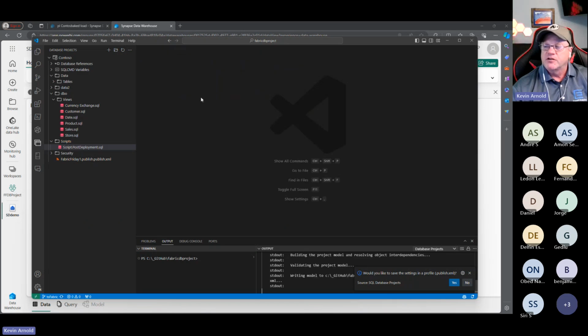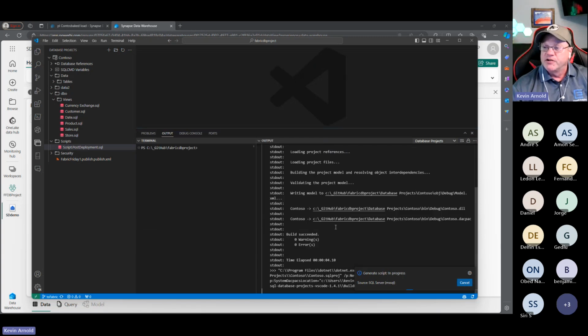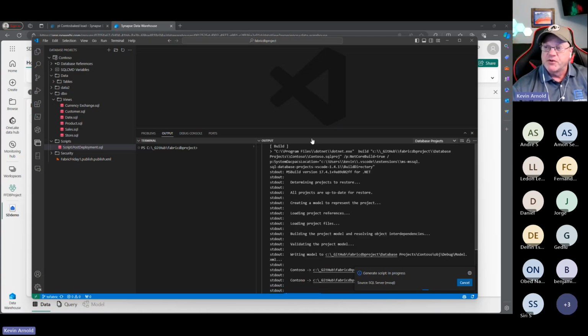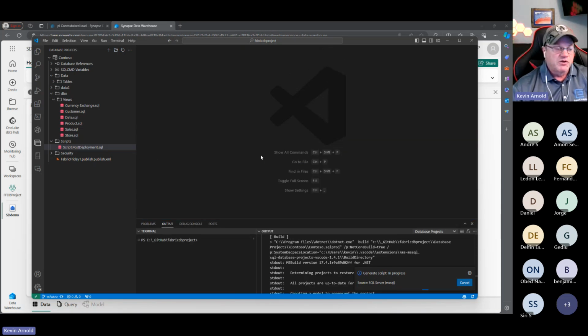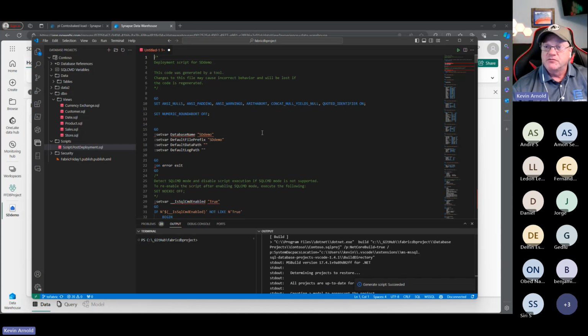Let's get rid of this while it's doing that. You see it's going to process. It actually builds the project down here. So if I had any errors during build time, it's going to tell me that I have errors, and it's going to stop the process. It's going to give me error messages up here so I could go through and fix any of my code, which is really helpful if you have multiple developers doing merges and things like that, to try to find that somebody broke something. Okay, it should be here any second now.